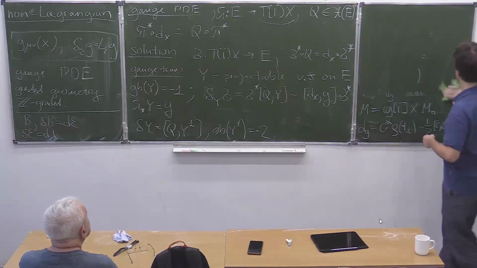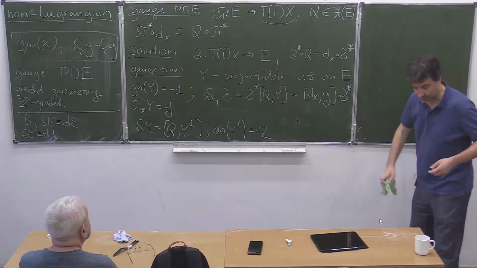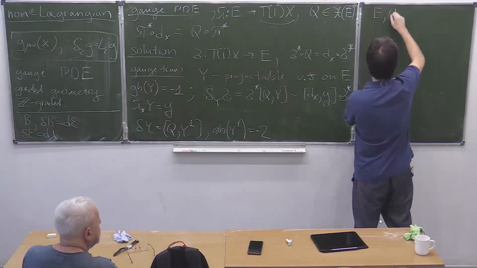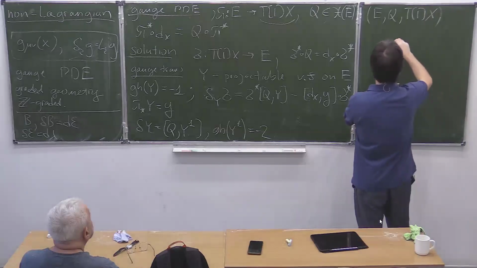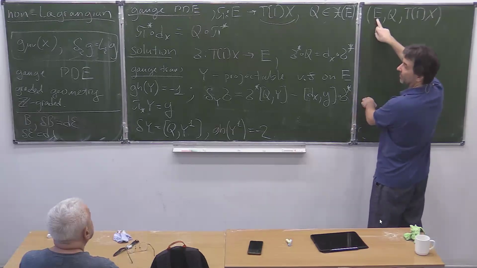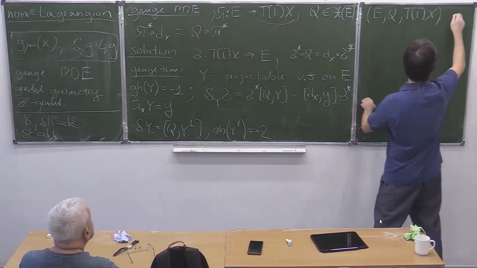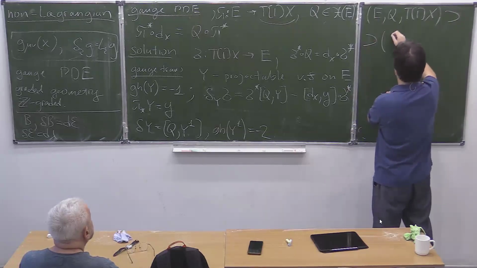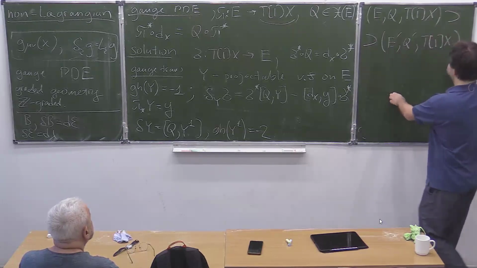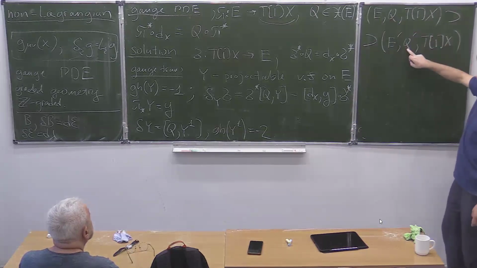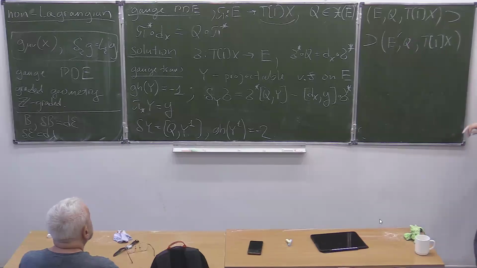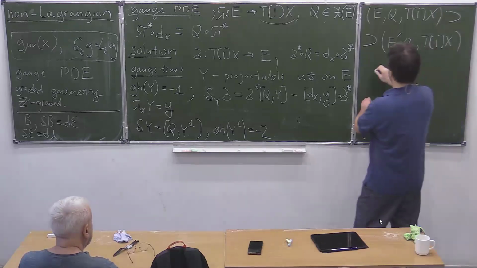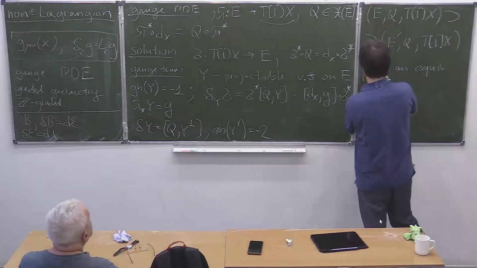I'm not sure I'm really going to use it, but let me maybe say so. If I have E, Q, T1x, this is a notation just to list all structures, if I have such a gauge PDE. Suppose I have a sub-gauge PDE, which means it's a sub-bundle E prime of E, so somewhere inside I have another one, E prime, Q prime, but the base is the same. So there is a sub-bundle, and Q is tangent to the sub-bundle, so I can even erase the prime because it's naturally just a restriction, and the base is the same. I say that E prime is an equivalent reduction of E